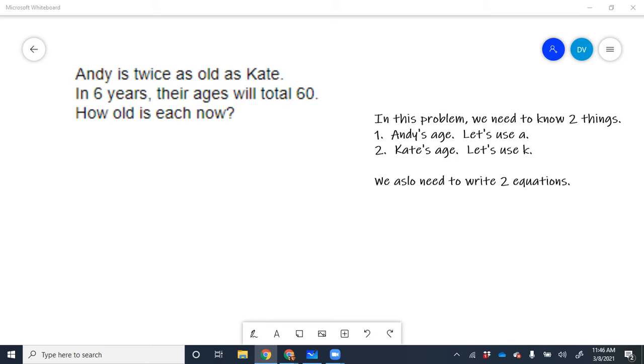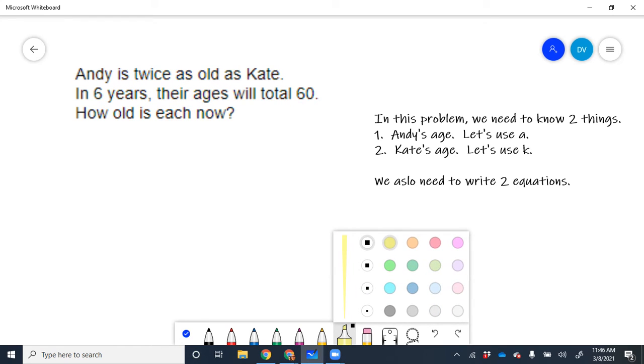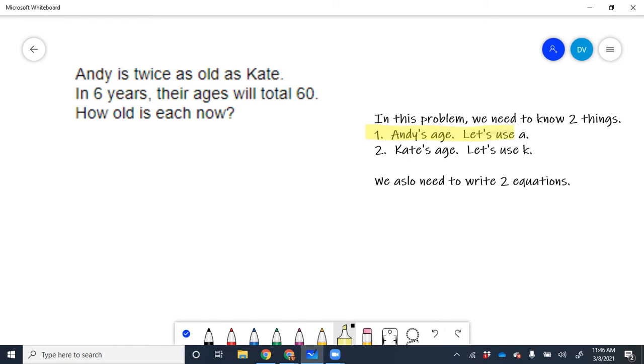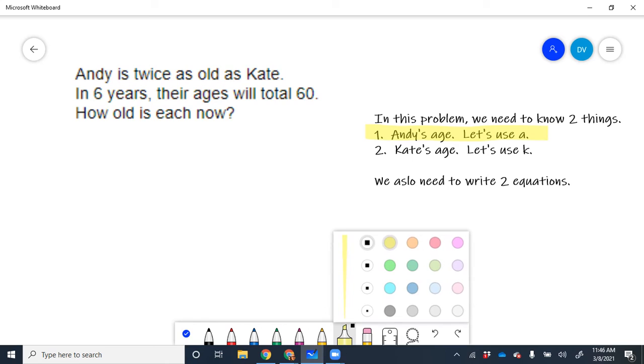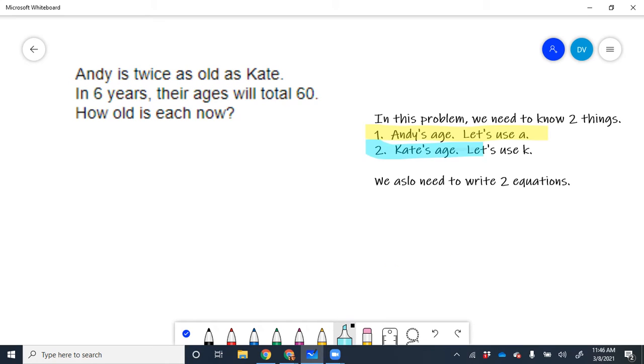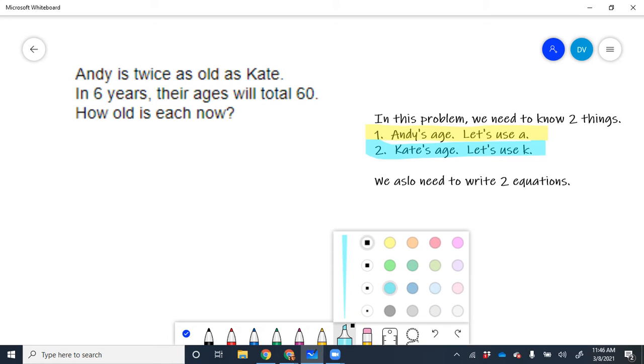So when we do that, we want to actually have a letter or a variable for Andy and another variable for Kate. So let me just highlight those here. For Andy's age, we'll use A, and for Kate's age, we'll use K. A different color here. Okay. And now we have to write two equations. One of the equations, you don't have to use any colors like I am here, but I'm going to use